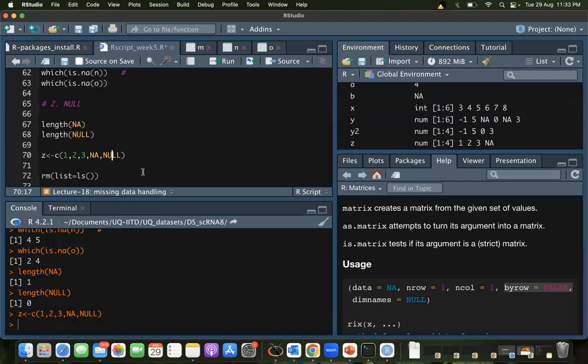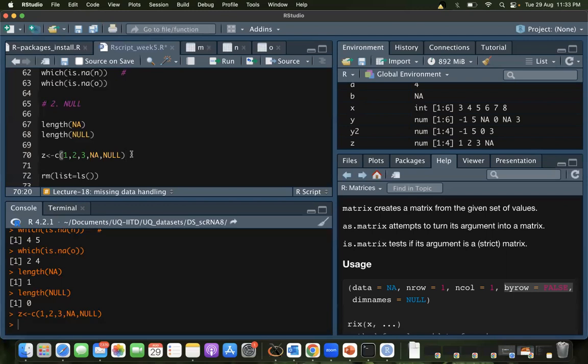Okay. So right now, we will not go into why NULL is used. There are times when you would like to make an empty something, just like you need to define a variable, but it does not have anything. It's an empty thing. In those cases, NULL is required.